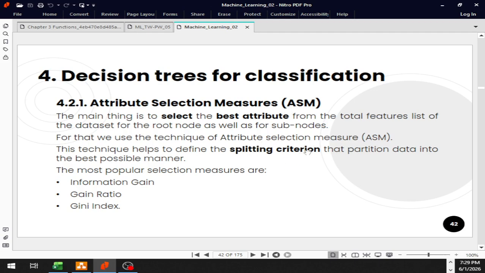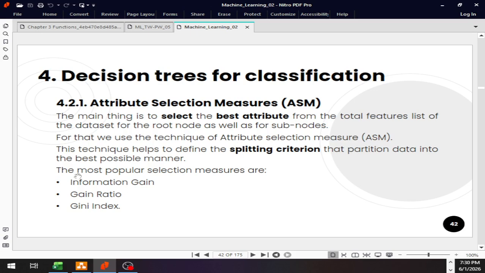It's the splitting criterion. And how it works, we will see, but in one single word, it gives us a measure of how each feature affects the split. Which one of the features is the best